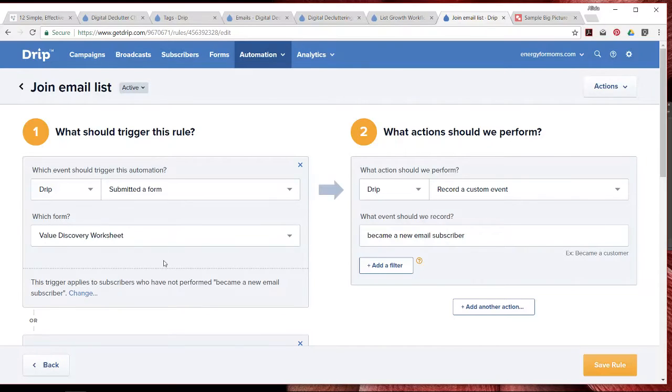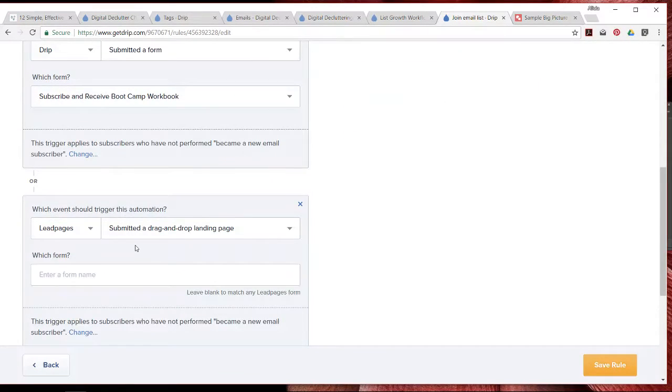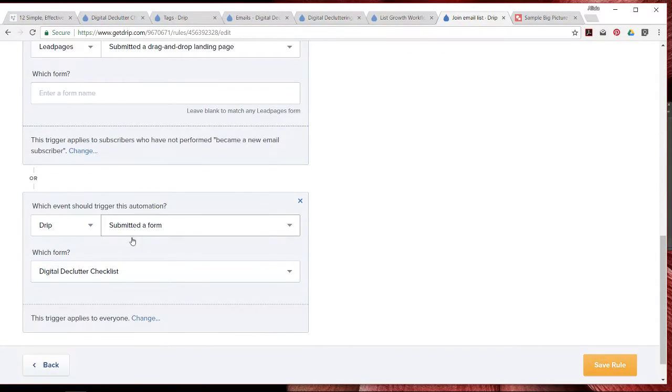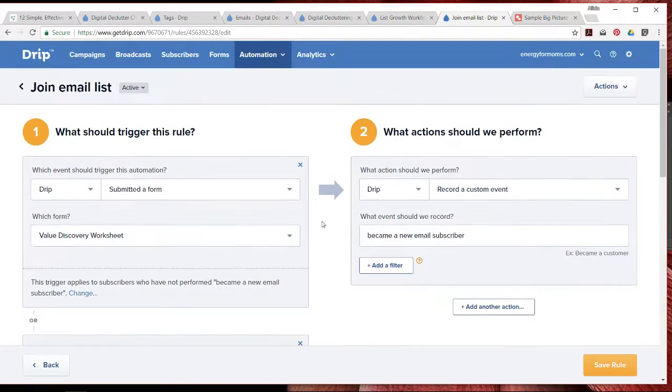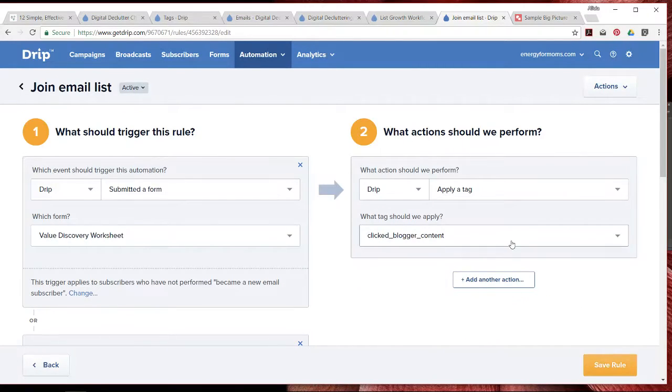So they submitted the value discovery worksheet form, they submitted a form for the boot camp. I have a couple of pages on LeadPages, and I can just say submitted a landing page from LeadPages, or the digital decluttering checklist. So those are all the ones that are active, and I can just say when any of these things happen, do this action, which is to record a custom event, became a new email subscriber. Now, I am experimenting with custom events. I would actually recommend that you apply a tag,